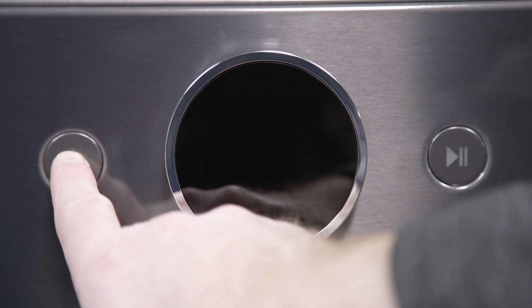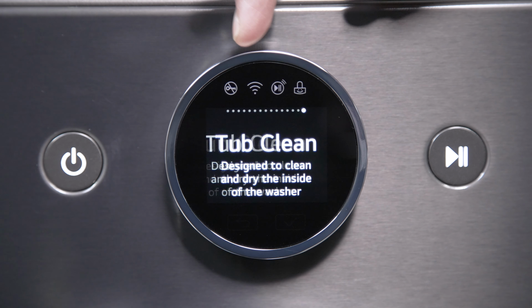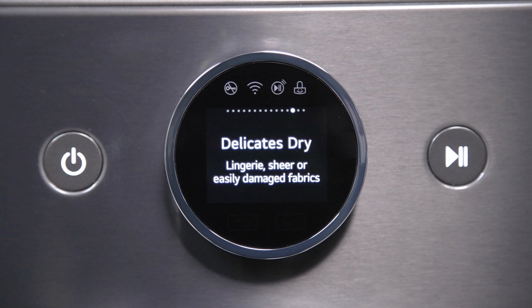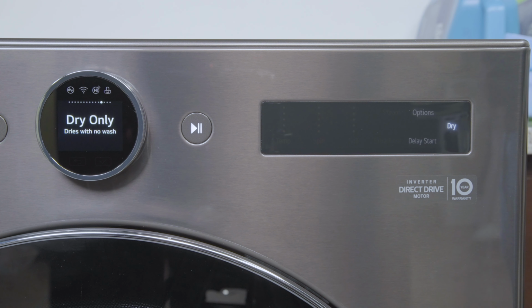LG's Smart Washer combo with washer and dryer has 3 dedicated dry cycles. Perm Press Dry, which minimizes wrinkles in wrinkle-free fabrics. Delicates Dry for lingerie, sheer, or easily damaged fabrics. And Dry Only. To customize the dry cycle, tap the Dry button on the control panel to set your drying